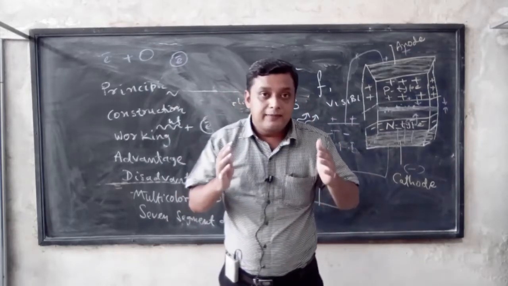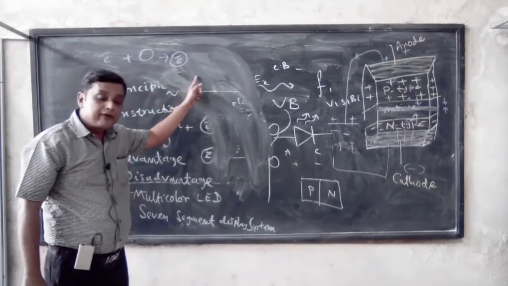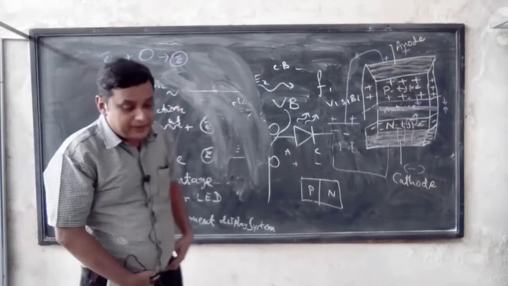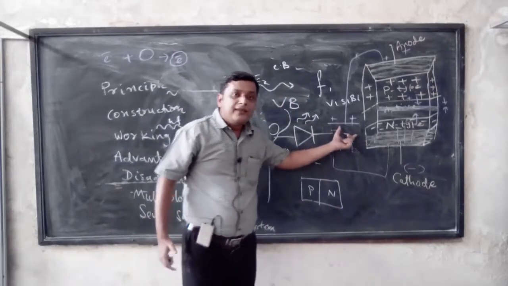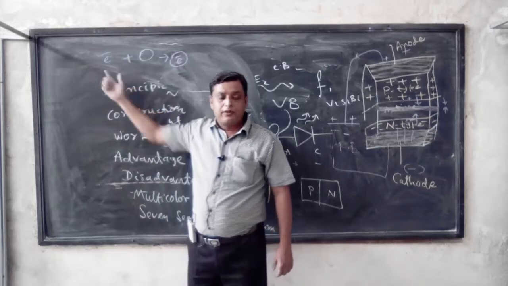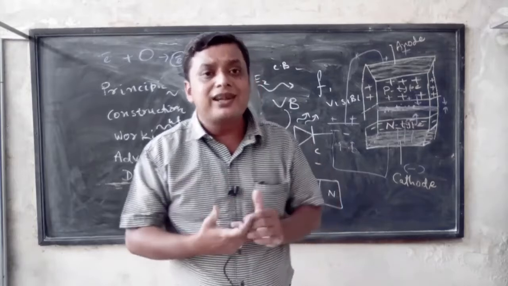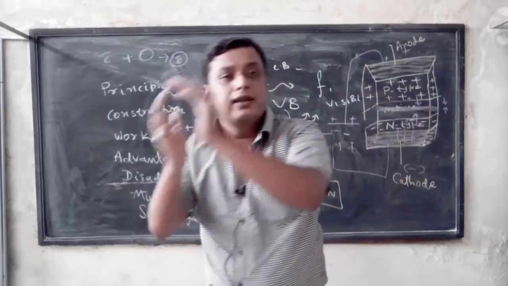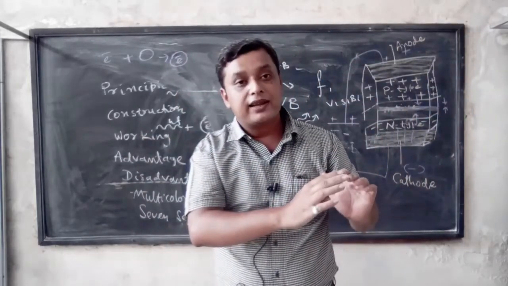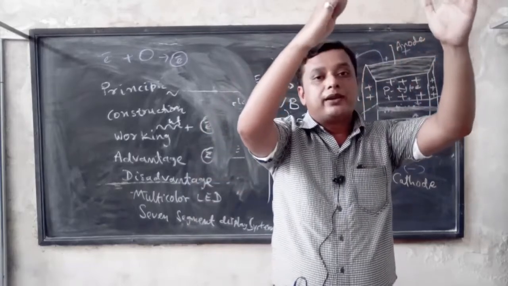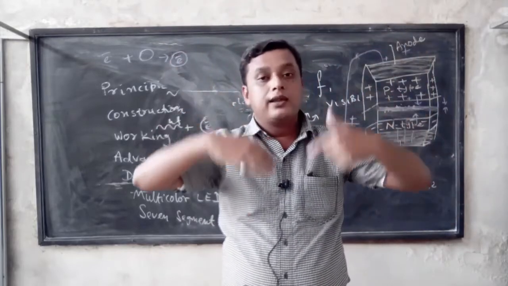And in the depletion barrier, what happens? There is a recombination between the electron and the hole. So ultimately, we can say that before applying the bias voltage, this electron was a free electron. But after applying bias voltage, these electrons are converted from free electrons to bound electrons, from the E2 energy level to the E1 energy level, or from the conduction band to the valence band, or from a higher energy level to a lower energy level.